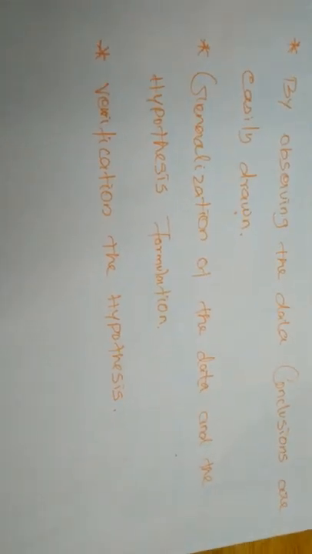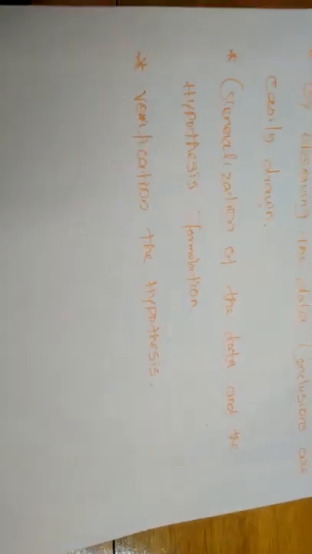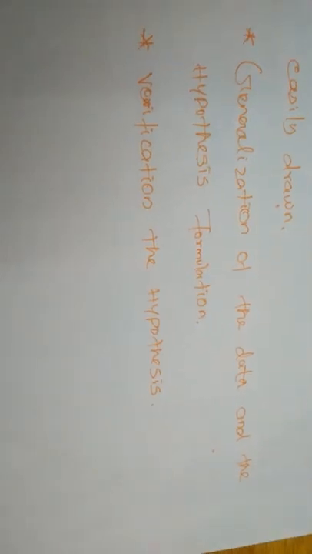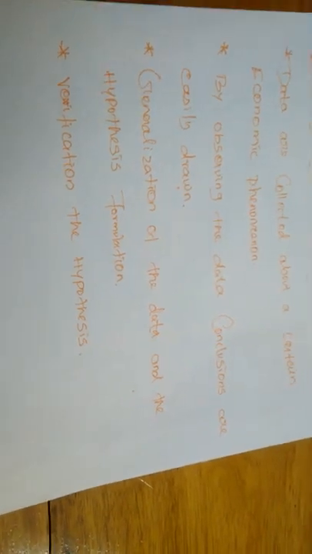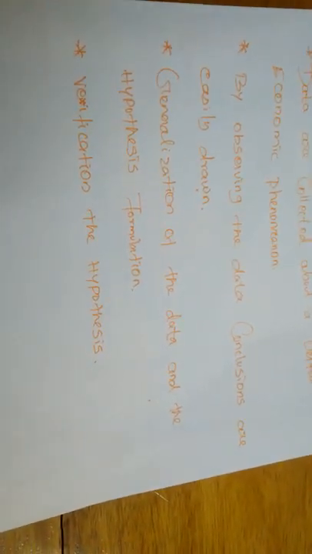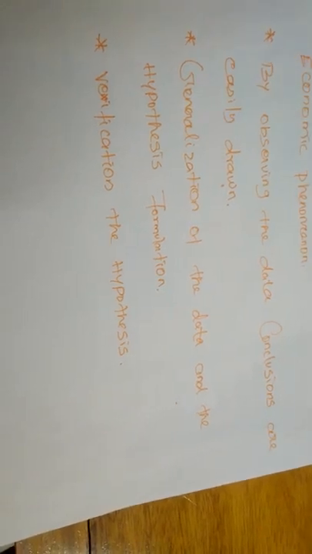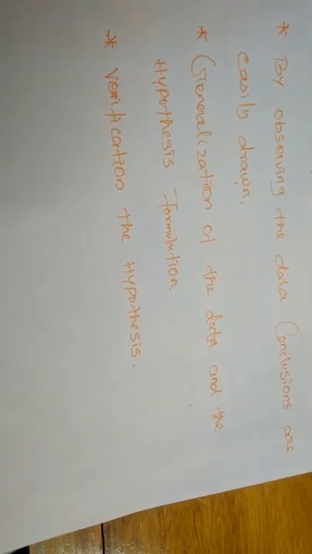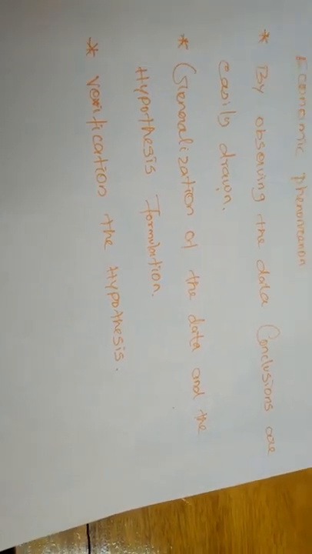On the basis of generalizing the data, we can easily formulate the hypothesis. The next one is verification of the hypothesis. In this method, the hypothesis must be verified. So here also, first we have to collect the data about some economic problem. Next, all the collected data must be observed, and conclusions will be easy from that. Next, all the collected data must be generalized, and because of that it will be easy to formulate the hypothesis. And the last one is verifying the hypothesis.